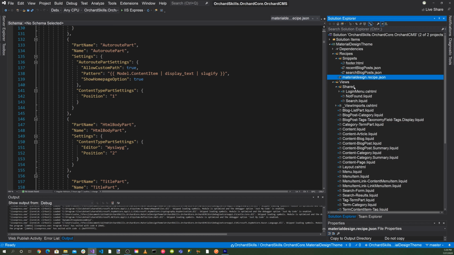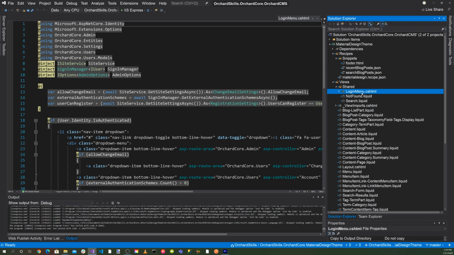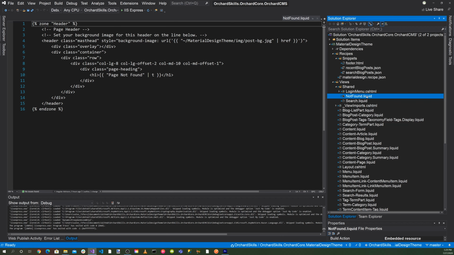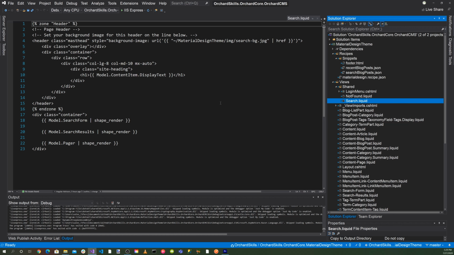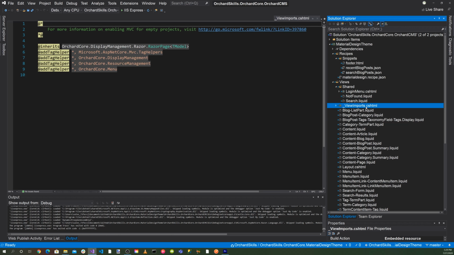And as we go down here, we have a shared folder. So this is the login menu, and this is a Razor page here. And then we also have a Liquid template here for not found. So when a page is not found, it'll show a nicely formatted page. And we also have a search, so it'll show a search page when we select search. And then here's our view